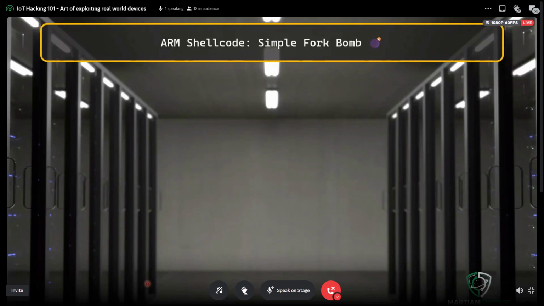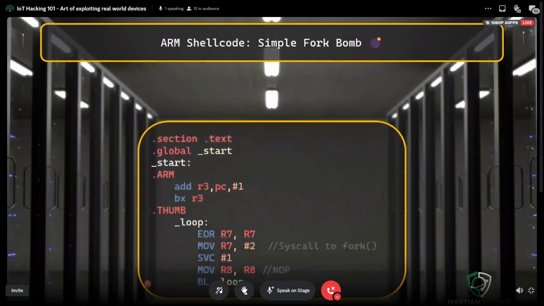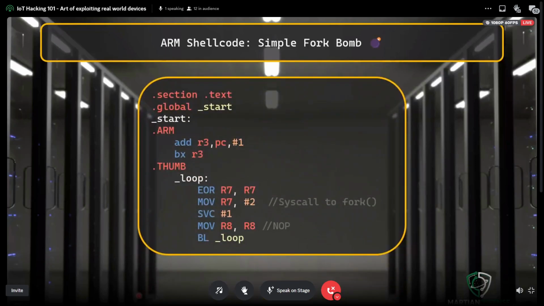And what happens when you crash an IoT device? Things go kaboom, right? If you crash, let's say, the cooling system for a power plant or stuff like that, kaboom. So it's as impactful. That is why I included it in the example. It's a very good basic example, and it gives you an idea of how you use the syscalls and do the shellcoding part.